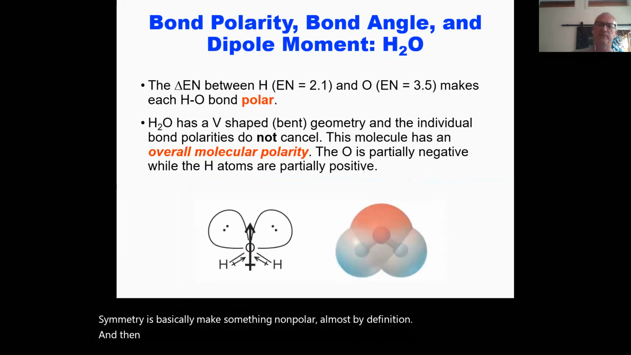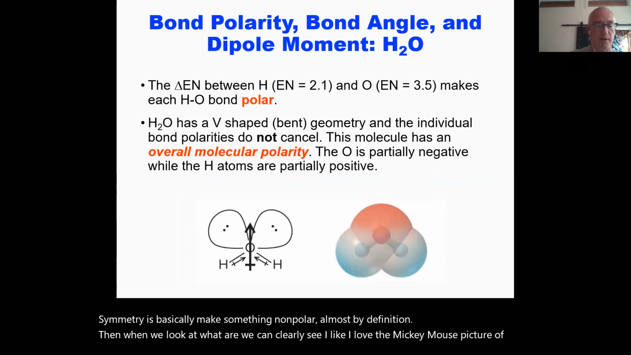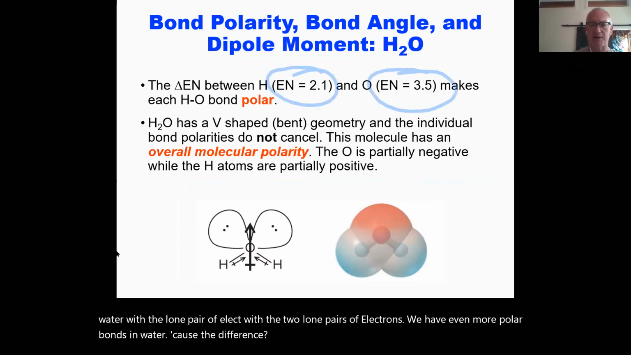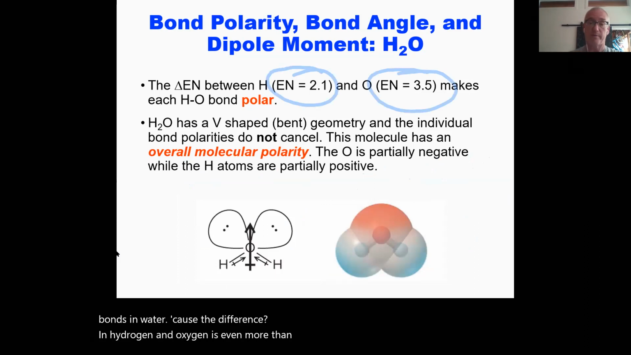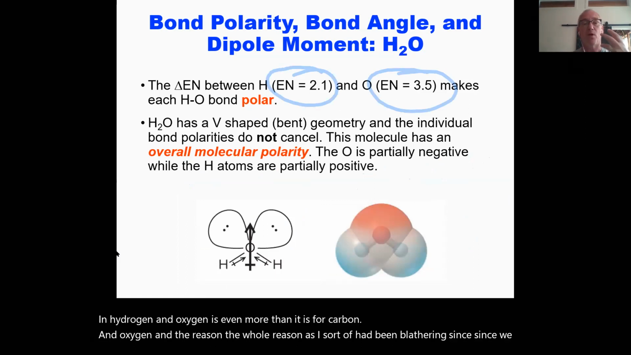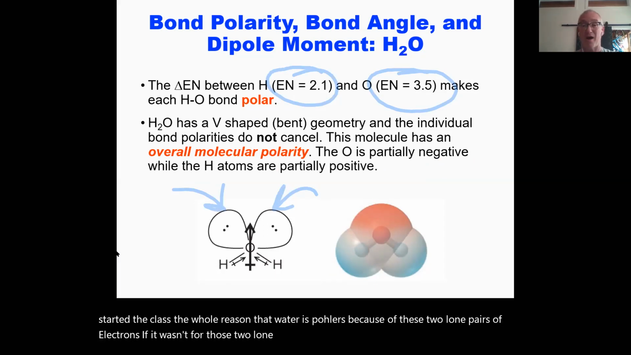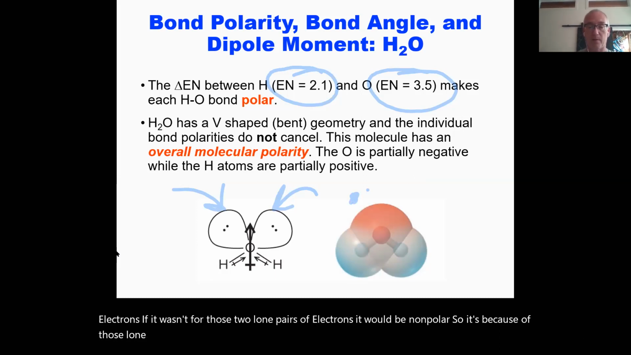And when we look at water, we can clearly see, I love the Mickey Mouse picture of water with the two lone pairs of electrons. We have even more polar bonds in water because the electronegativity difference between hydrogen and oxygen is even more than it is for carbon and oxygen. And the whole reason, as I've been blathering since we started the class, that water is polar is because of these two lone pairs of electrons. If it wasn't for those two lone pairs, it would be nonpolar. So it's because of those lone pairs up here,